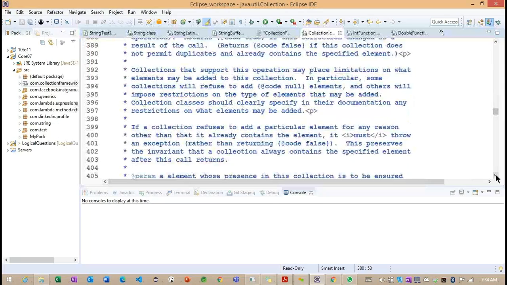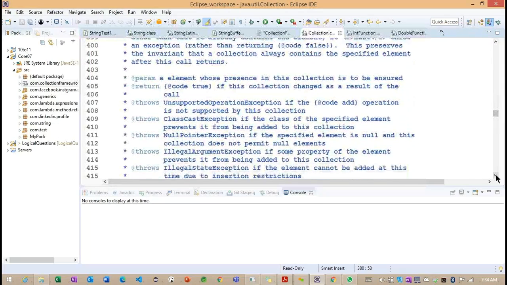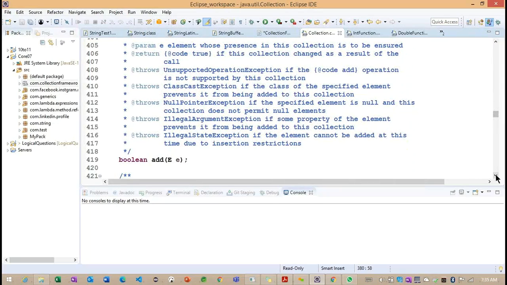Okay, so these are about the default methods. We need to focus on the unimplemented methods, because the default methods are already implemented in our interface. The default method information we can see only by calling the method, and how the methods function internally we can see after seeing the unimplemented methods.